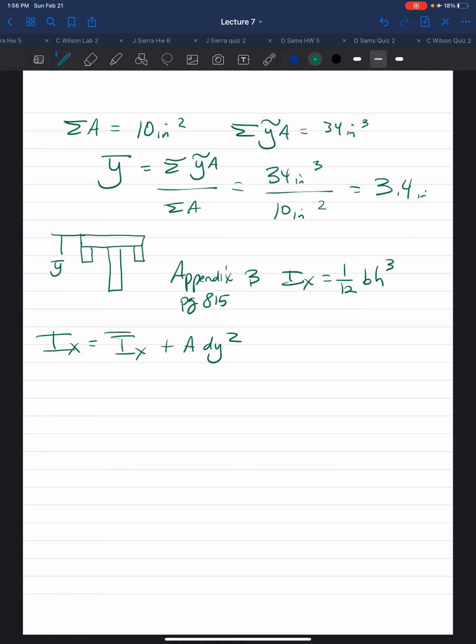So the moment of inertia then for the shape is for segment 1